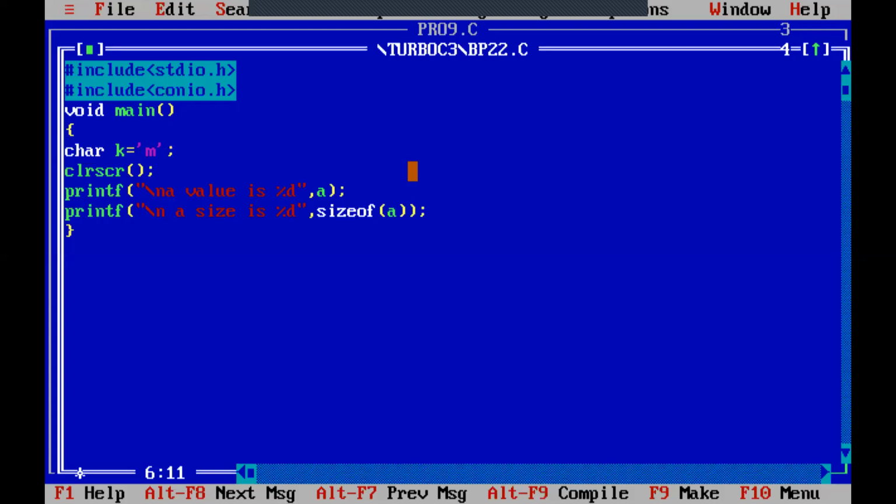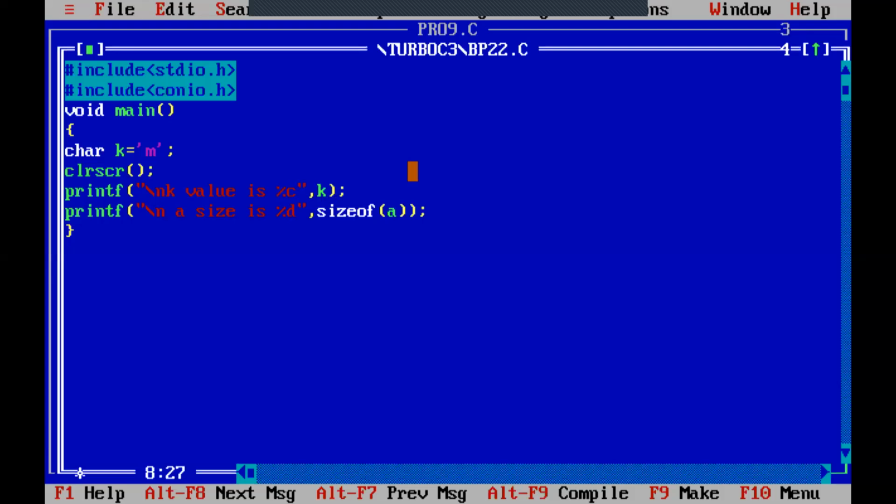If you want to print k's value, you should write "k value is". What is k? k is a character. How to print a character? By using the percentage c format specifier. Percentage c, double quotes close, comma, followed by the character variable name, that is k.